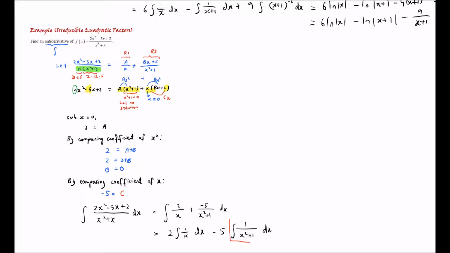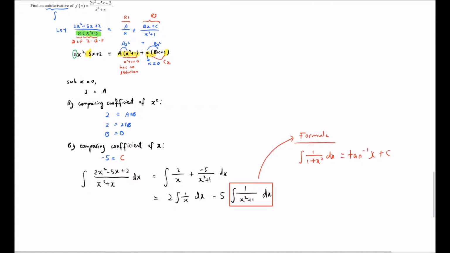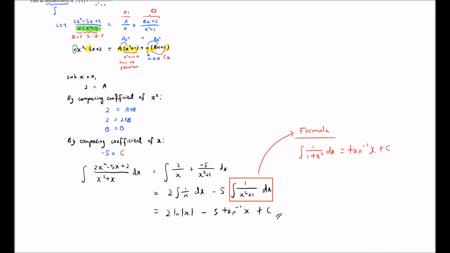Now to integrate this, we have to use the formula. So what's the formula? The formula is in the formula list. Integrate 1 over 1 plus x squared dx, you get tangent inverse x plus C. Okay. So we finish up the question and write 2 ln modulus x minus 5 tangent inverse x plus C. Okay. So I hope you finally understand how to use partial fractions to do your integration for certain